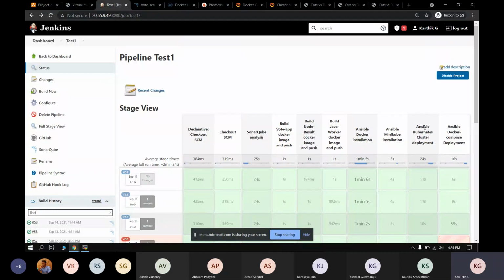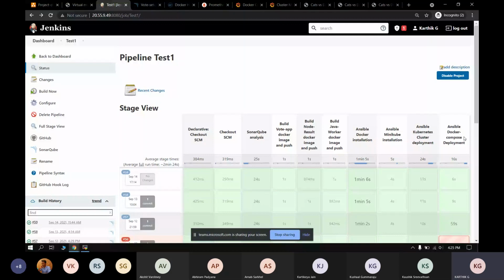Ansible itself. Once the cluster has been deployed, to add redundancy, we have also brought up the application setup using Docker Compose. So we have the application setup running on a Kubernetes cluster as well as on a Docker Compose deployment model. So as you can see here,